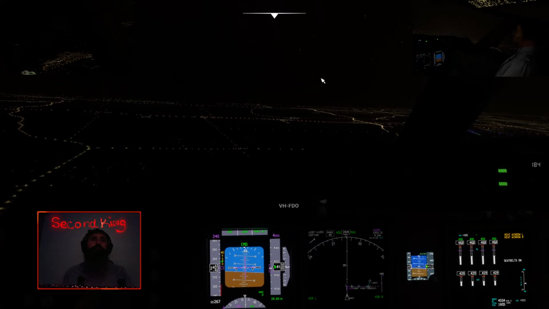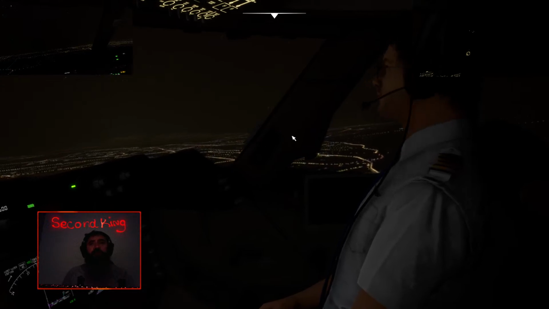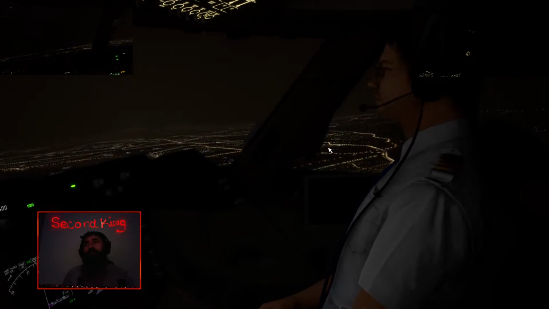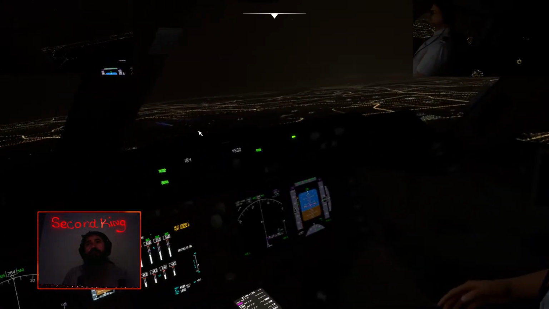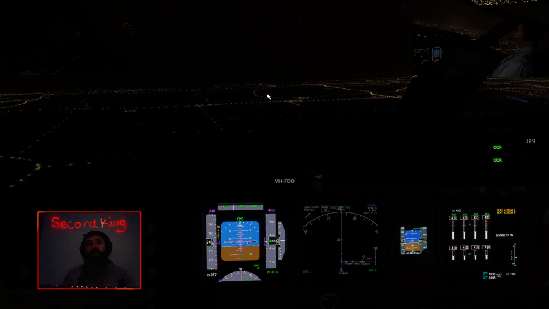So Perth should be off our right. Jandakot's pretty much in front of us. Can't really see, but Perth's just behind that. And that's Jandakot there. We're making a hard right soon.